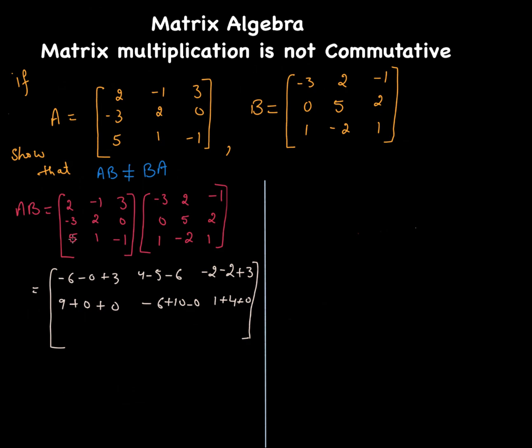And now here 5 times negative 3 gives me negative 15. 1 times 0 gives me 0. Negative 1 times 1, so negative 1. 5 times 2 gives me 10, and 1 times 5 gives me 5. Negative 1 times negative 2 gives me positive 2, and 5 times negative 1 gives me negative 5. 1 times 2 gives me 2, and negative 1 times 1 gives me negative 1. Positive here. So let's find out A times B, which is going to be